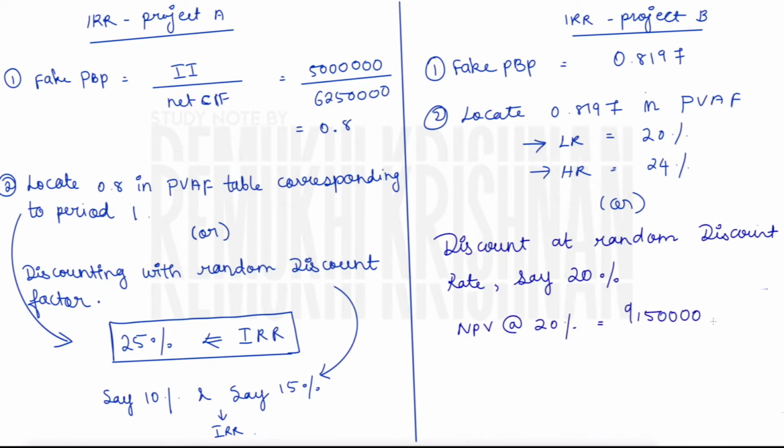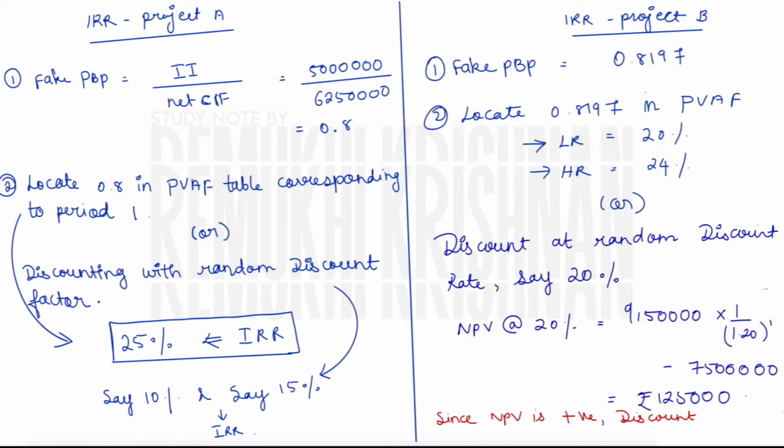So after solving the same, my NPV is nothing but 1,25,000. So now what rate would I be choosing? So we have already seen this too. Since my NPV is positive, I'm just going to discount the cash flows with a higher discount rate, so that I will be arriving at a negative NPV, because one NPV should be positive and another NPV should be negative. Okay, let us move further.